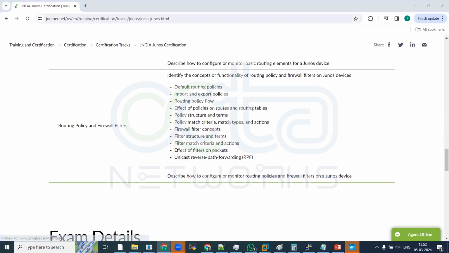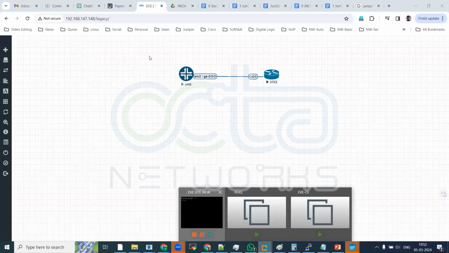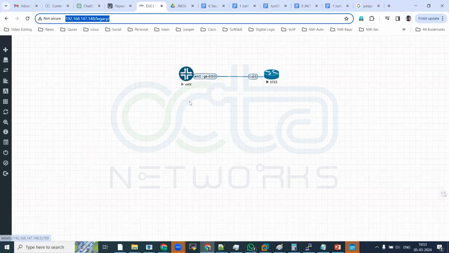As of now, I'm taking this lab on my own laptop, but later on when we need switching labs and advanced labs, then we have to run this in the cloud, because here I have limited infrastructure with around 12 vCPUs, but in advanced practicals we need more vCPUs, virtual CPUs.